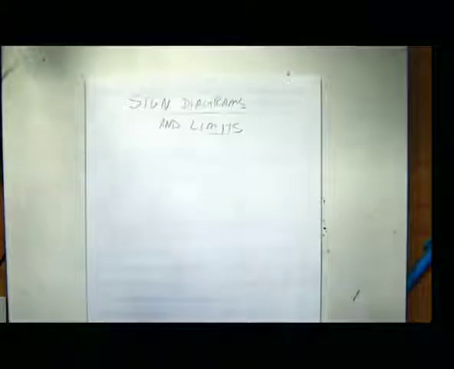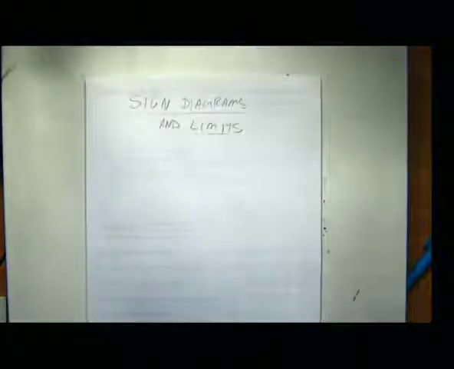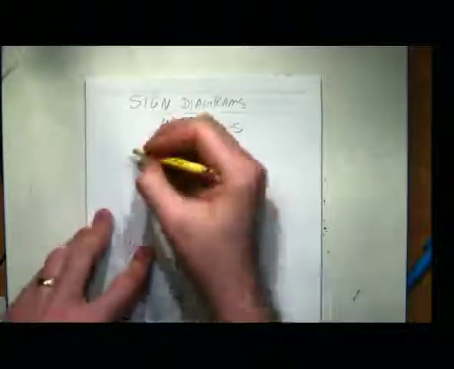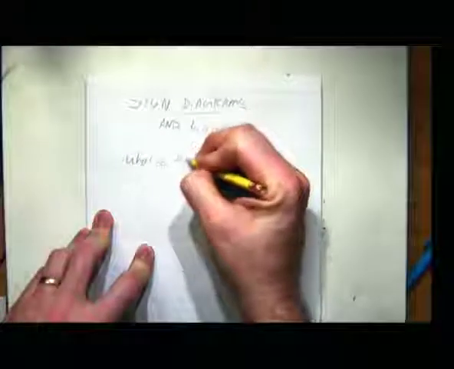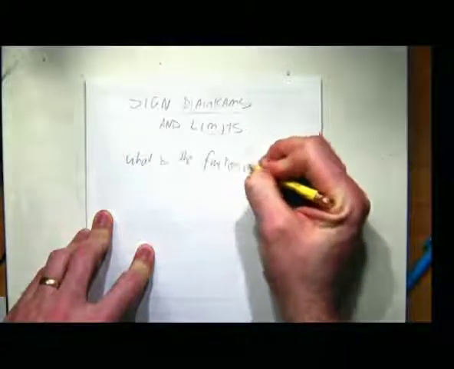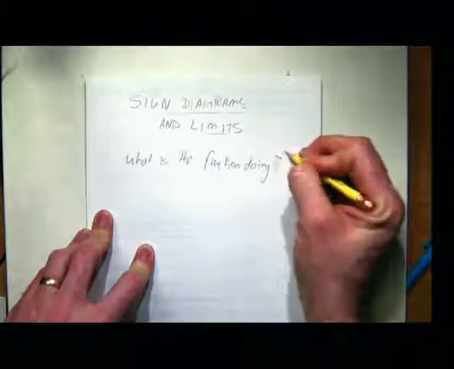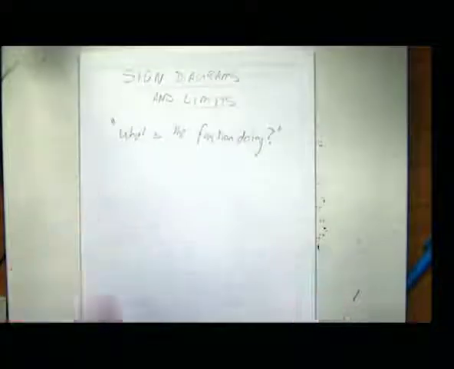Okay, so technically I'm calling it sign diagrams and limits because those are the things that cause pain, but the purpose of this is to try and figure out what a function is doing at various places. So is it increasing or decreasing or a turning point? Is there an asymptote? Is it going to infinity? Is it going to minus infinity? Is it leveling off at a particular point? That's what we're interested in doing. That's the question that we are asking ourselves, and